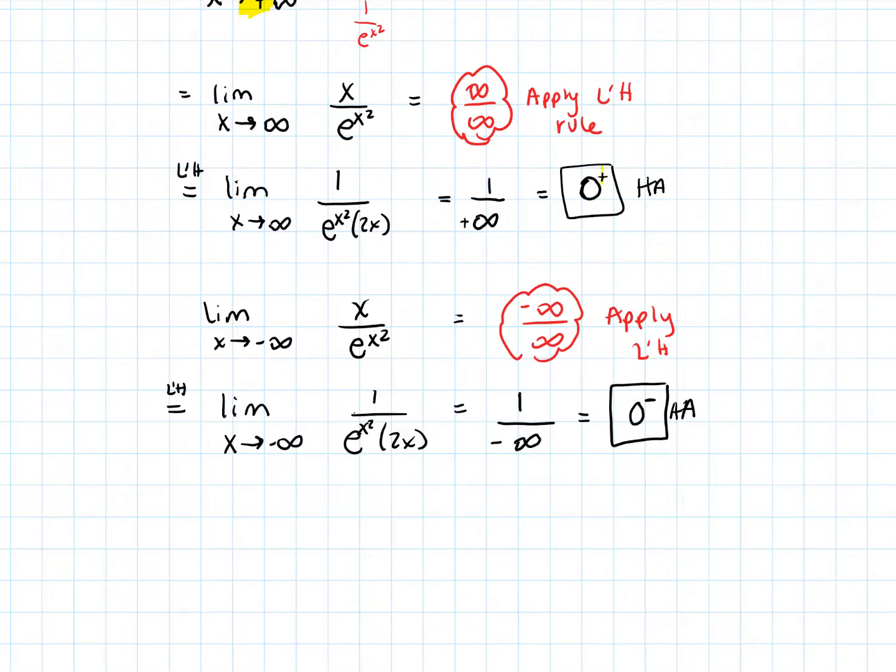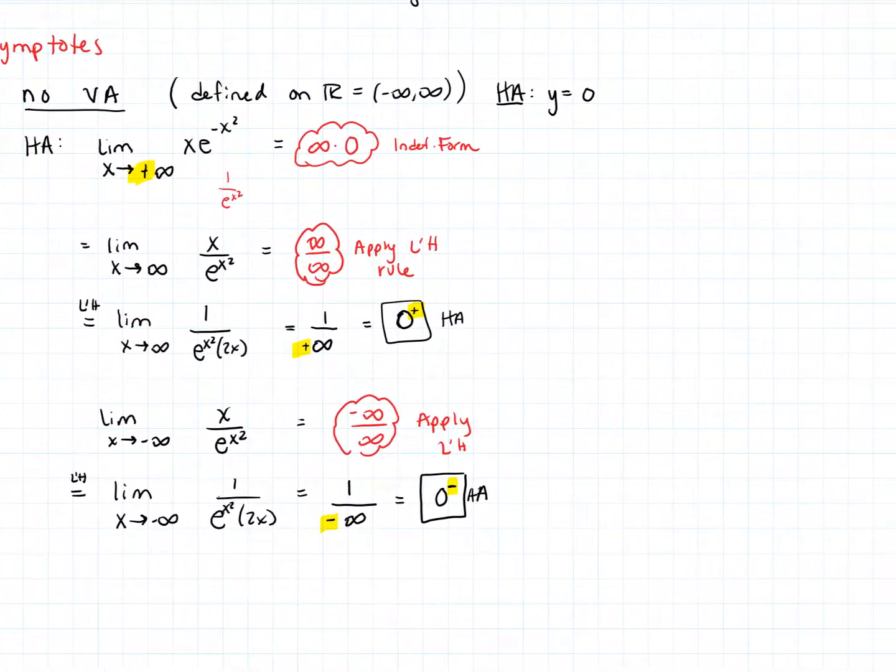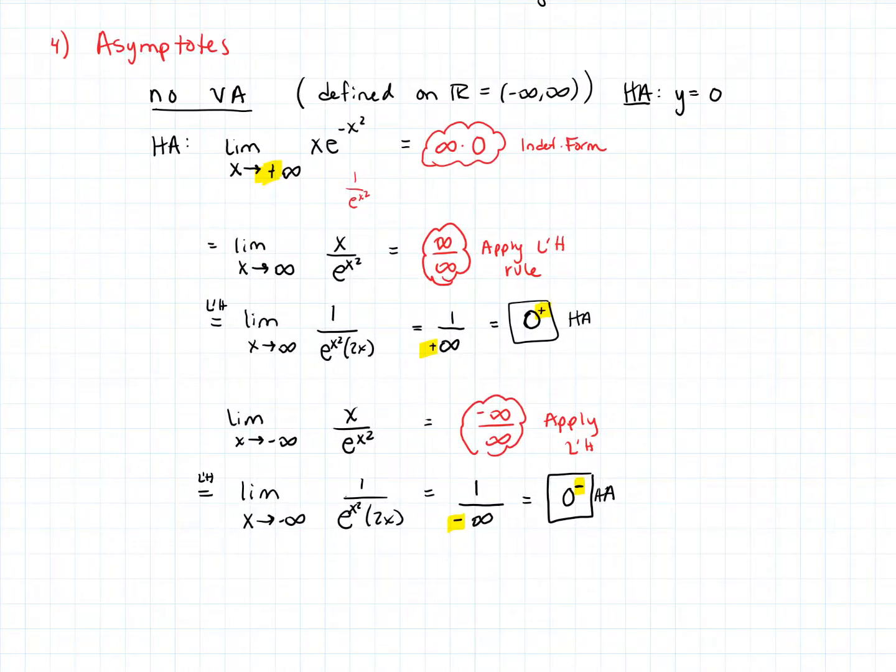I am putting the directional signs on these just to be very concise here, but those are not necessary. We could just say that we're dividing by infinity or positive infinity, and negative infinity or positive infinity, and that will approach 0. So we have that one horizontal asymptote and no vertical asymptote. So we have no vertical asymptotes for this function, and we have one horizontal asymptote on both sides of the